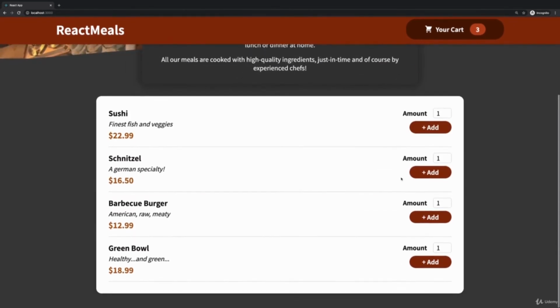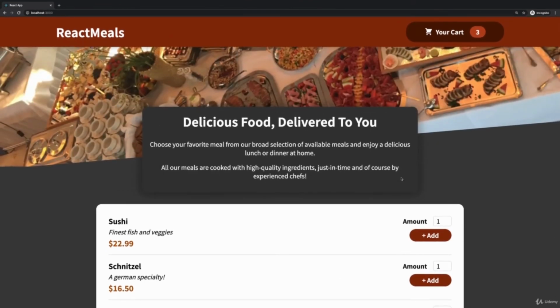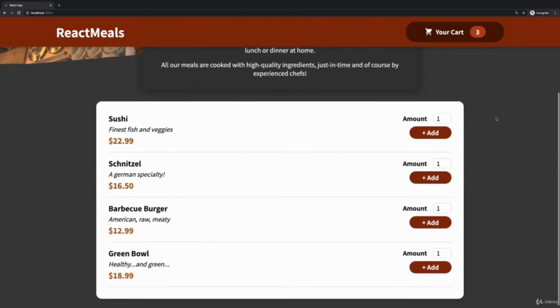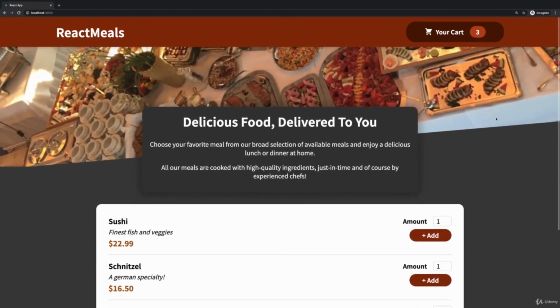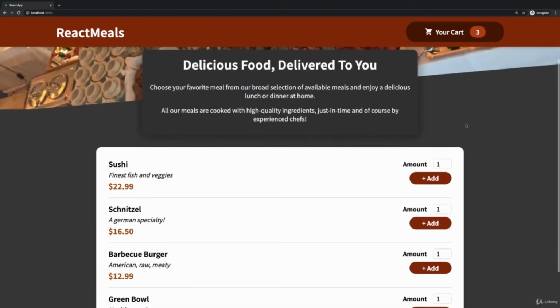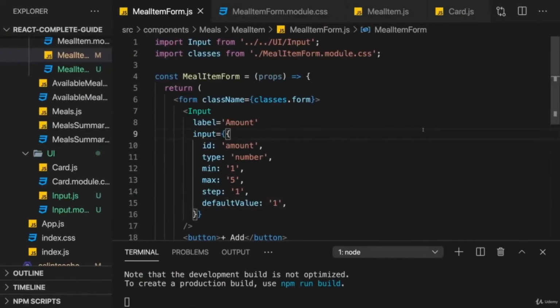Now, with that, we built a lot of components. And we still got the card component to build, but thereafter, we are finally ready to also start working on the logic of this application and to add context to manage the card, for example. But of course, building all these components